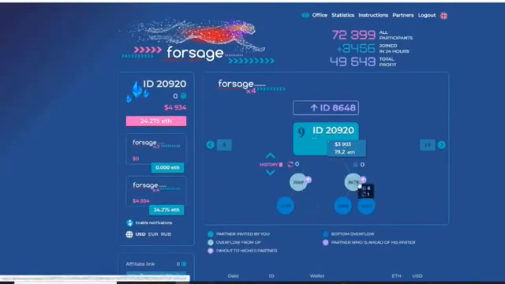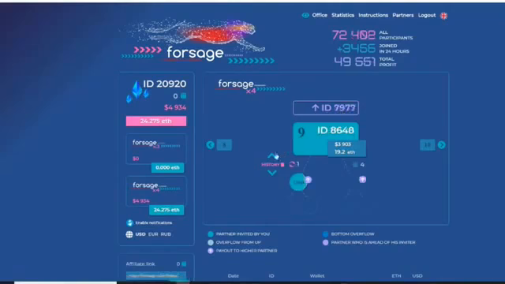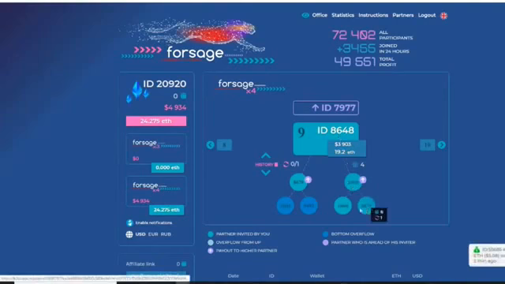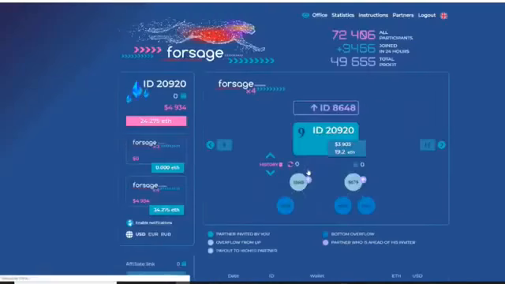Now below that, he has 8679, which cycled and came into this matrix, and now it is on the second line of account 8648. You can follow the trail, okay, and you can see right here that 20,920 was in the first spot and personally referred 8679 and 10668. You can see them as green over here, okay, and they have actually appeared right here in the matrix. But for 20,920, it's actually a spillover, right? It's actually a spillover. So he earned on those spots because